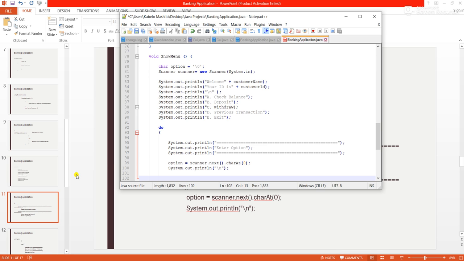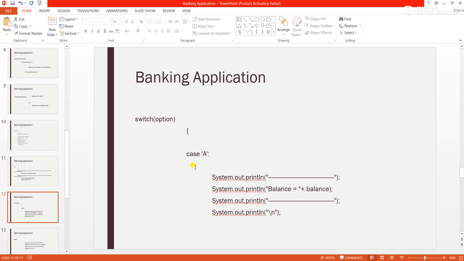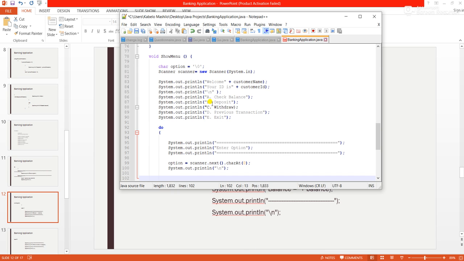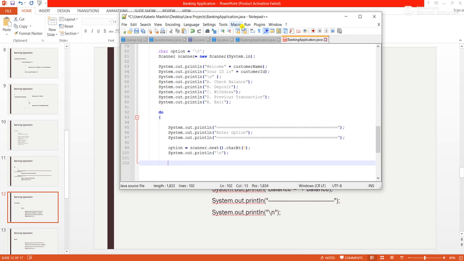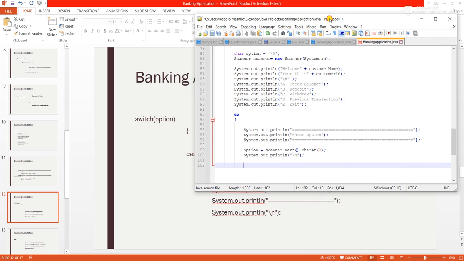Moving on to slide 12. So now this option gives us the option to switch. If, let's say, for instance, we would want to choose an option A, which symbolizes check balance, or if you want to choose C, which will symbolize withdraw, and so forth. So moving on to slide 12,